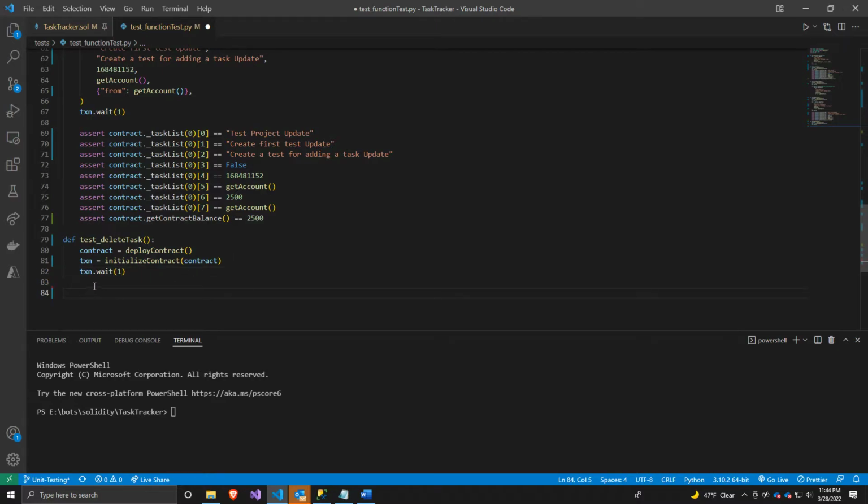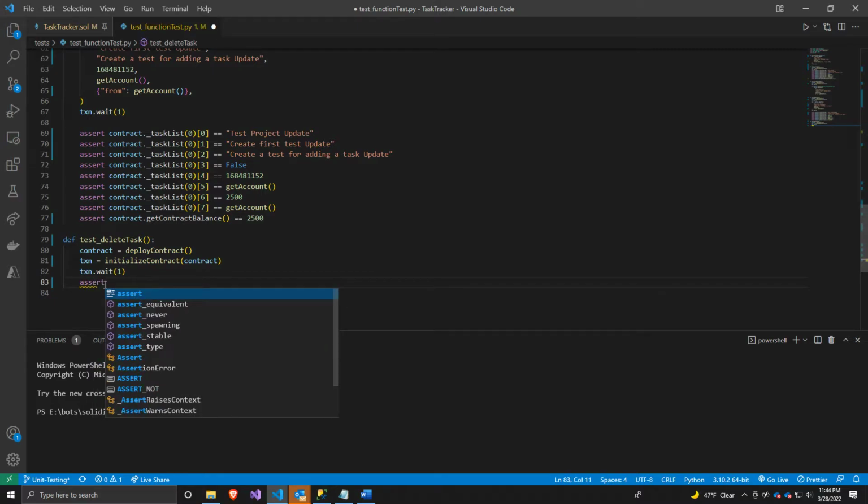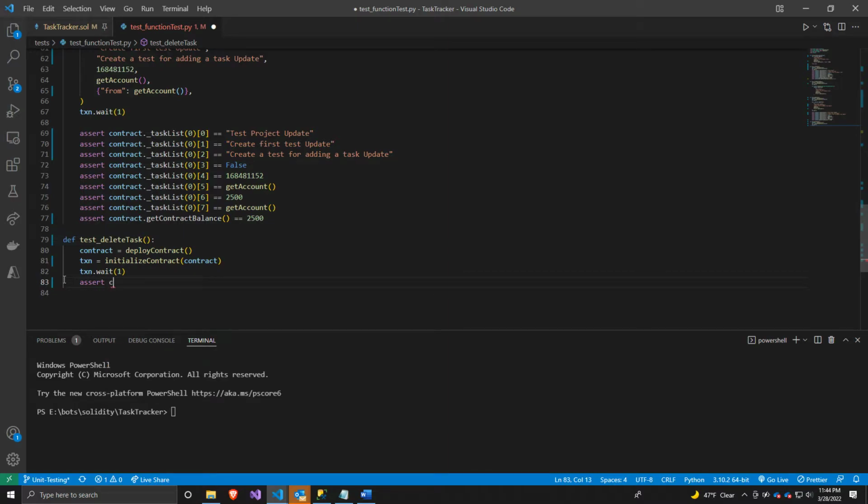And let's go ahead and just confirm the contract balance. So we'll just say assert, and we've hard coded when we initialize this to 2500. So assert that the contract dot balance equals 2500. We need to get for tracking purposes. We know what the end result is going to be, but